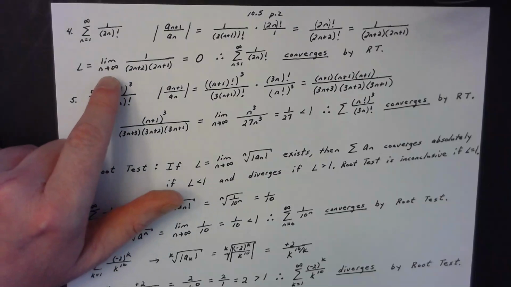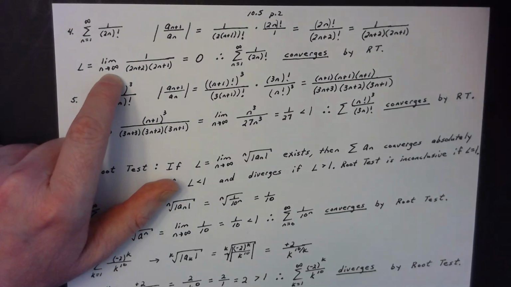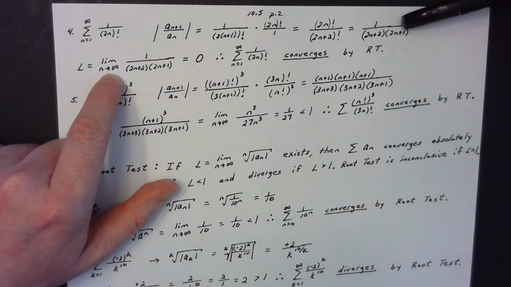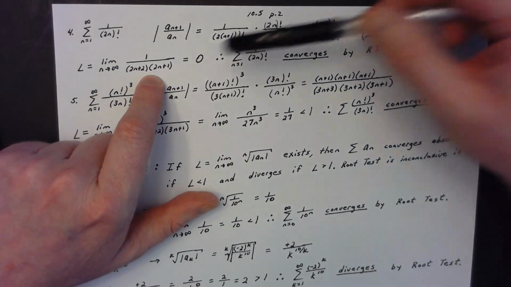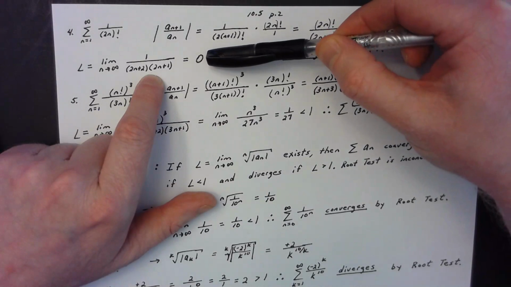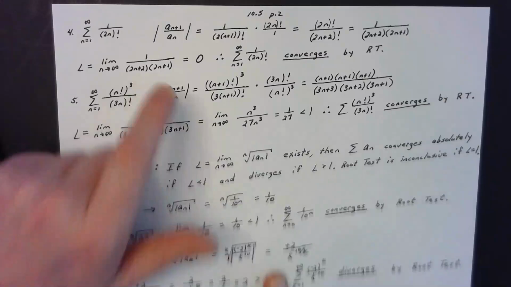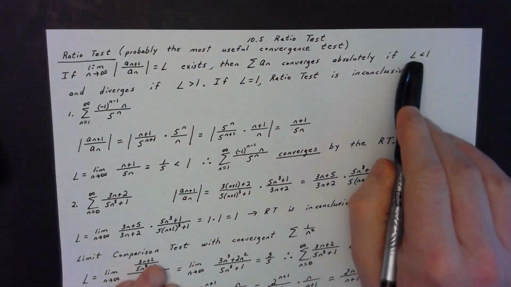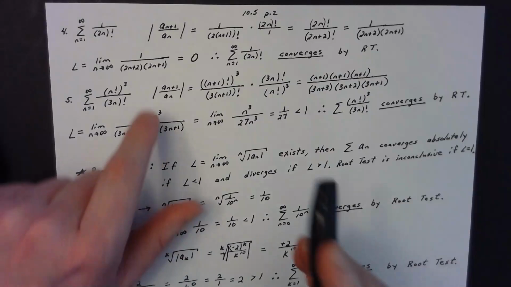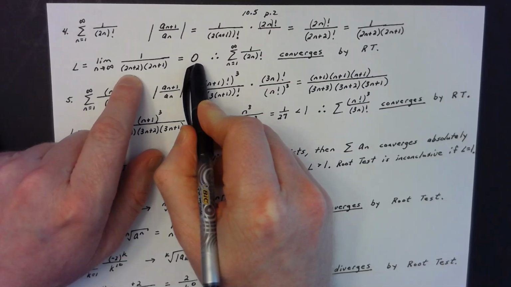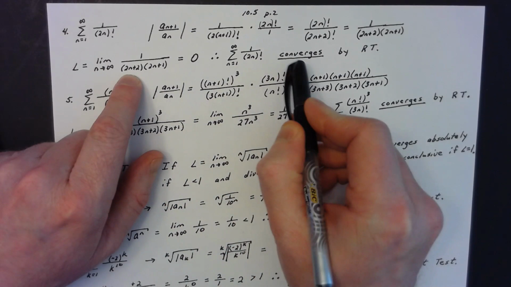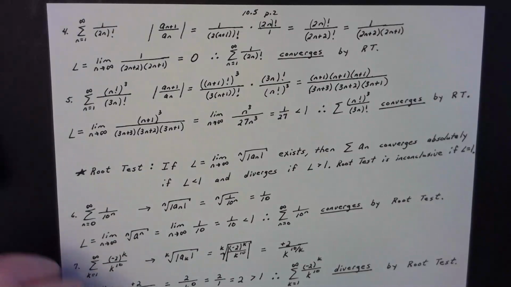Now, when I start thinking about the limit as n approaches infinity of the absolute value of that a sub n plus first term over the a sub nth term, to where I get this, I can see that this clearly goes to 0. Now, is it a good thing for it to go to 0? Absolutely. Anytime the L value is less than 1, it converges absolutely. So I can say, well, this one certainly converges. I have 1 divided by numbers going to infinity, so that goes to 0. Therefore, the original series converges by the ratio test. So then I can say, okay, that's pretty straightforward there.